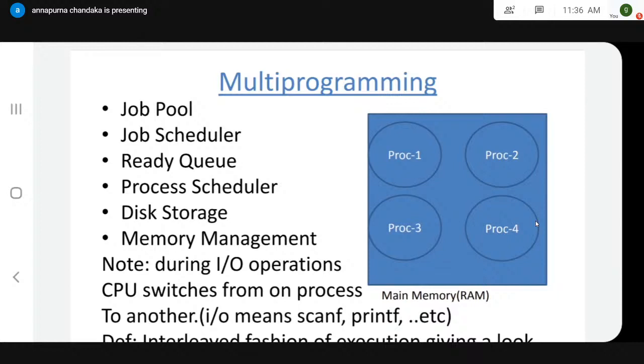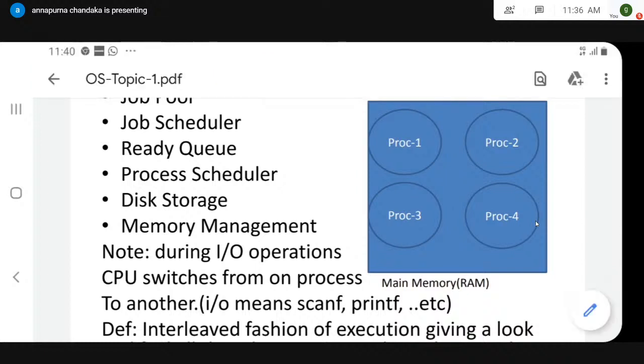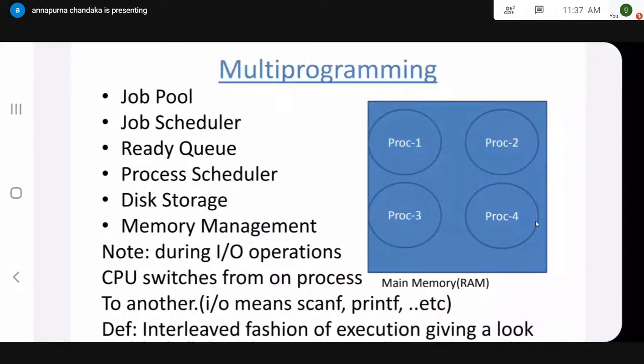We'll see the difference between a job and a process, or a program and a process, at a later stage, don't worry. Until it resides on the secondary storage device, it is called a job or a program. Once it comes into memory, it is called a process. What is the difference between a program and a process? As you can observe from my discussion, a program or a job resides in the secondary storage device, and a process resides in main memory.